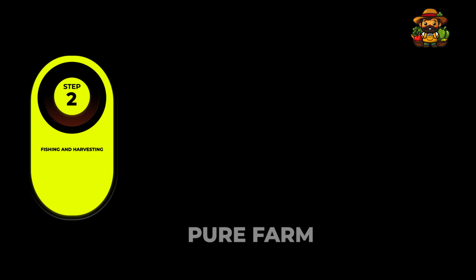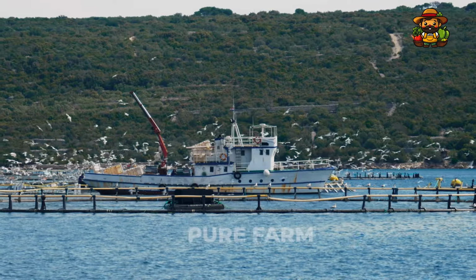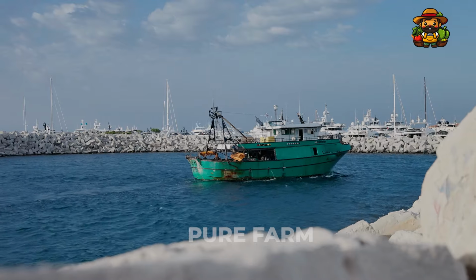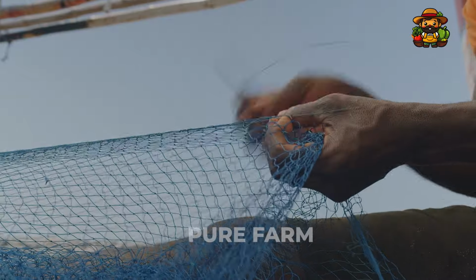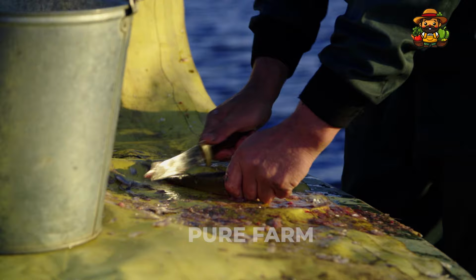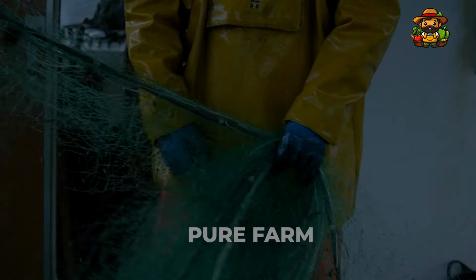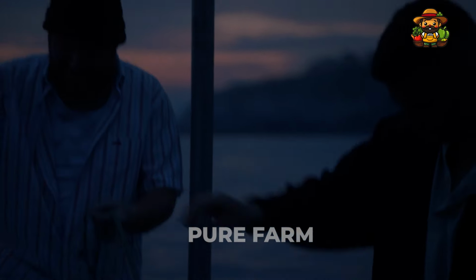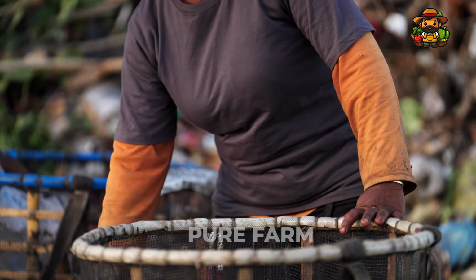Fishing and harvesting. Shrimp harvesting begins in the vast waters of the Atlantic Ocean and the Gulf of Mexico, home to some of the richest marine biodiversity in the world. Fishing vessels equipped with state-of-the-art trawl nets set sail, aiming to harvest shrimp in bulk. These trawl nets are engineered to be both efficient and environmentally responsible. By using weighted systems and escape hatches, the nets allow smaller, non-target species to escape, reducing bycatch and minimizing ecological